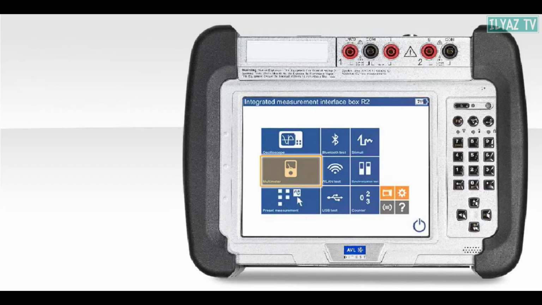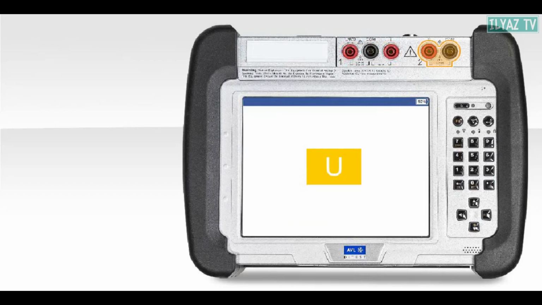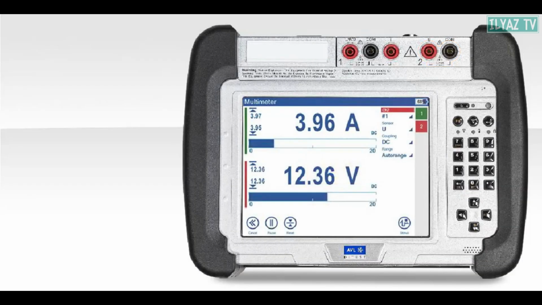Measurement of voltage, current, resistance, as well as diode testing is performed with automatic range selection. Measurement channel 1 can be used to measure voltage, current, resistance, and to perform diode tests. Measurement channel 2 is intended exclusively for voltage measurement. IMIB2 allows two different measured values to be displayed simultaneously, which simplifies the analysis of the vehicle's electrical parameters and